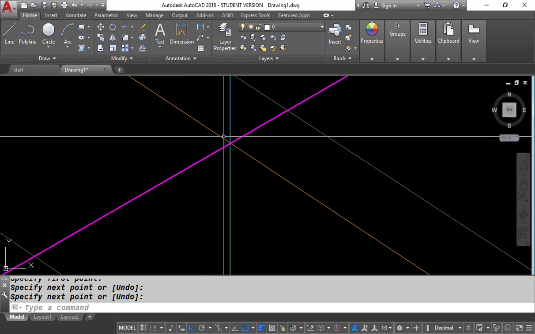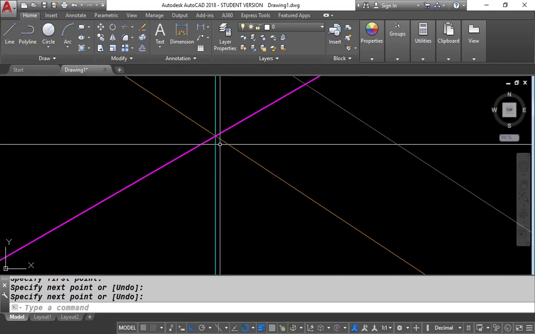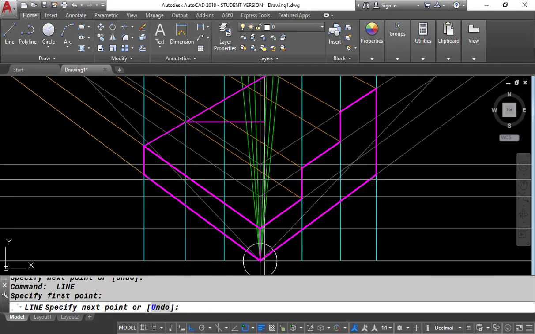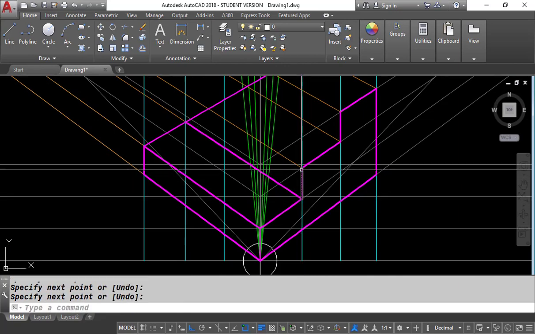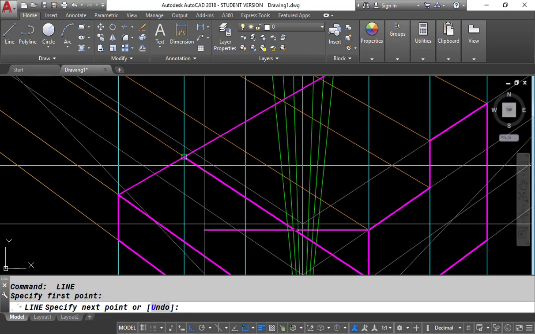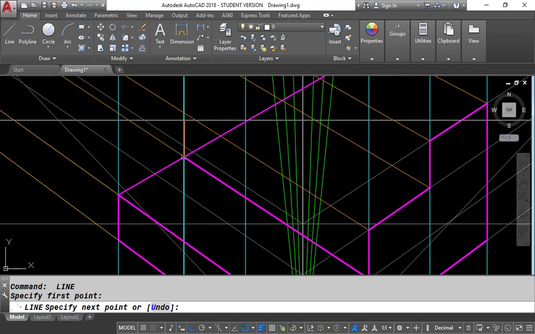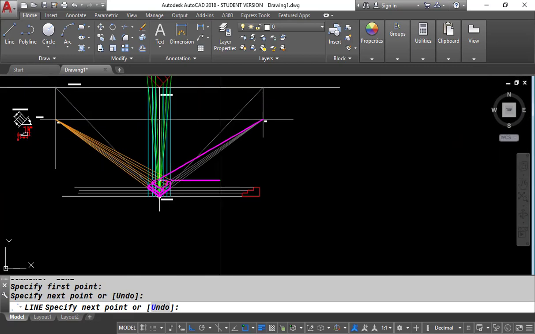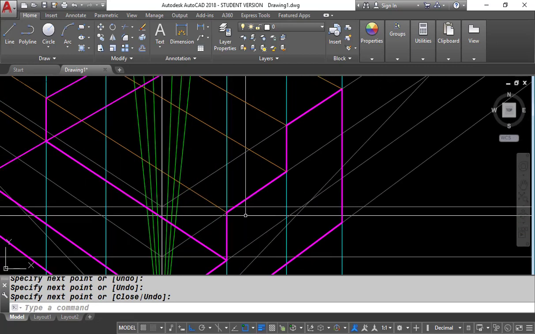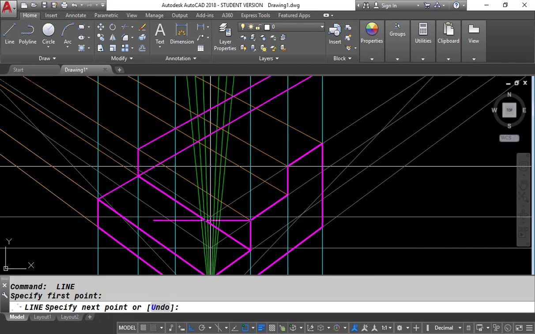Similarly here, as you can see, the intersection is automatically found. So this intersection is now connected here. Here also it will be connecting the intersection. So here the vertical line is this one, from here connecting here, and a vertical intersection from here to here.